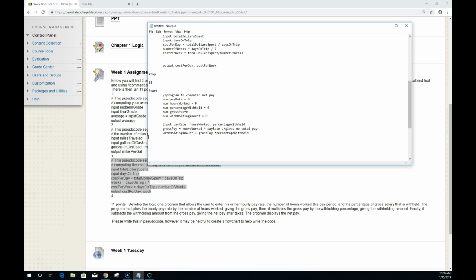All right. So now we've got the withholding. We know how much that is. So the program takes hours, gives the gross pay, then multiplies the gross pay by the withholding percentage, giving the withholding amount. Finally, it subtracts the withholding amount from the gross pay, giving the net pay. So we could say net pay is equal to our gross pay minus